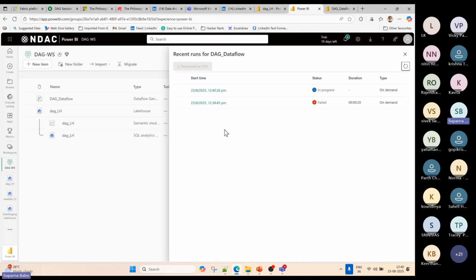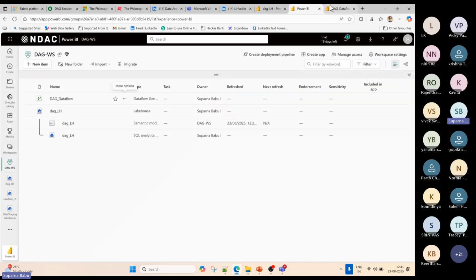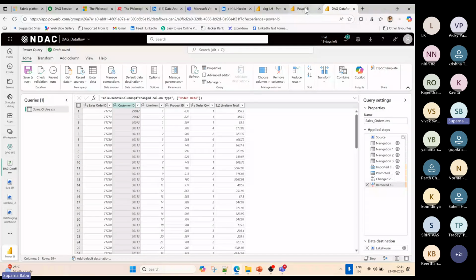It is taking some time because of the trial license. If you are using purchased capacity, then it won't take this much time. See, now it is succeeded. There is some issue with this date column. I expected that one.